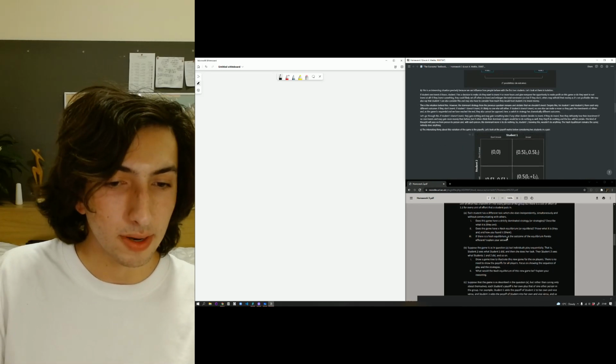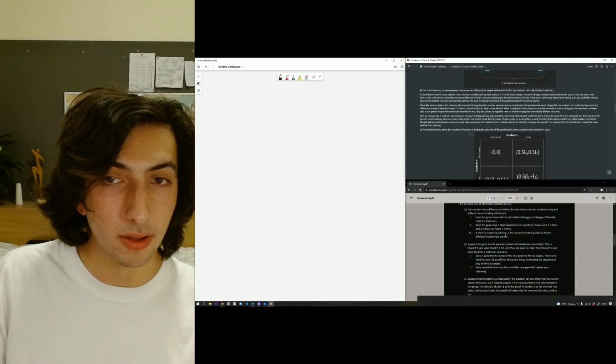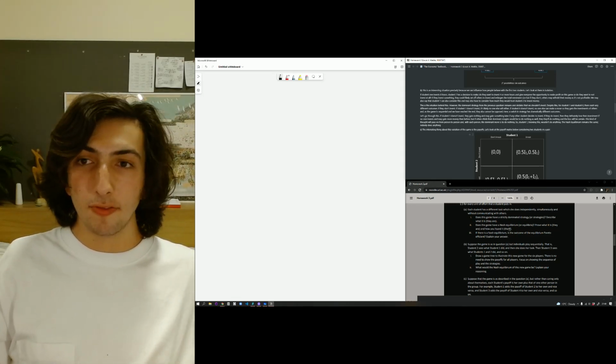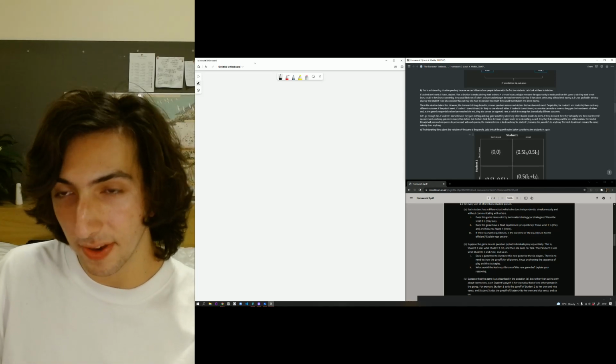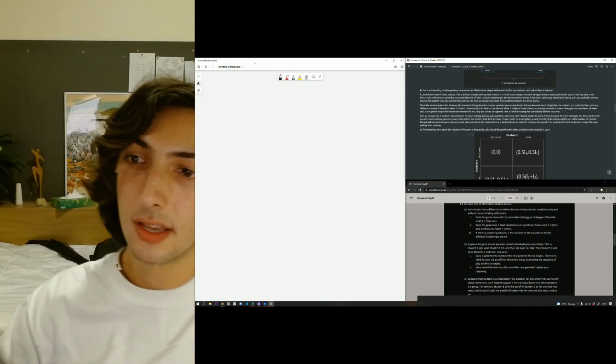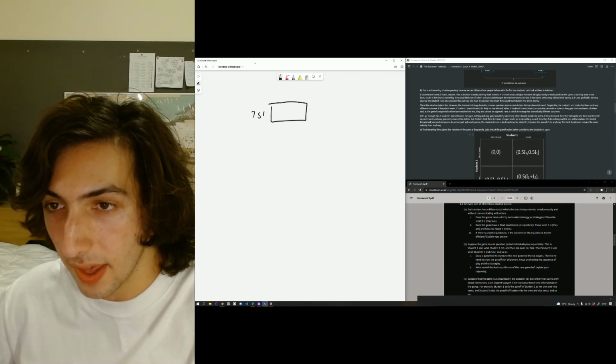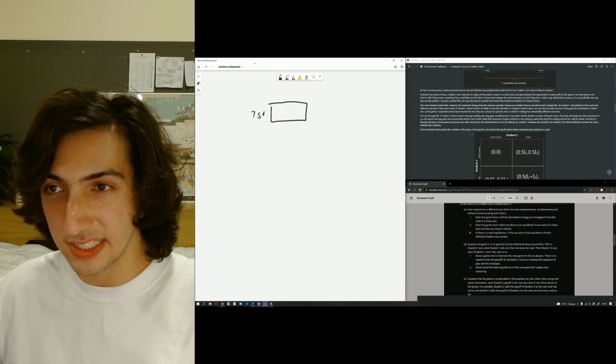What would the Nash equilibrium be? Well, think about it again. Let's say the first student has a decision to make. We're just going to call this one the first. They can choose to invest or not.